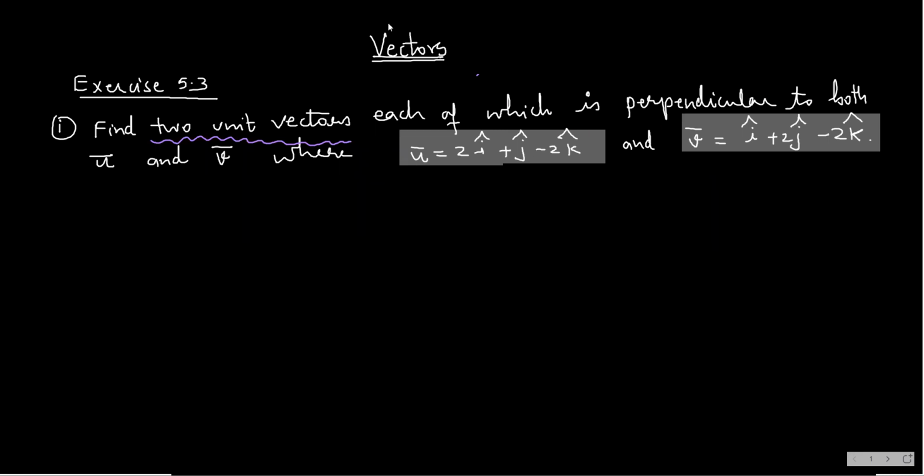So what I will do is, first let me take u bar and v bar. Say this is u bar vector, and here I have vector v bar. What I want are unit vectors which are perpendicular to these two vectors. If I want a vector which is perpendicular to these two vectors, what does it mean? It means that the required vector has to be either in this direction, I'm just showing the direction where it should be.